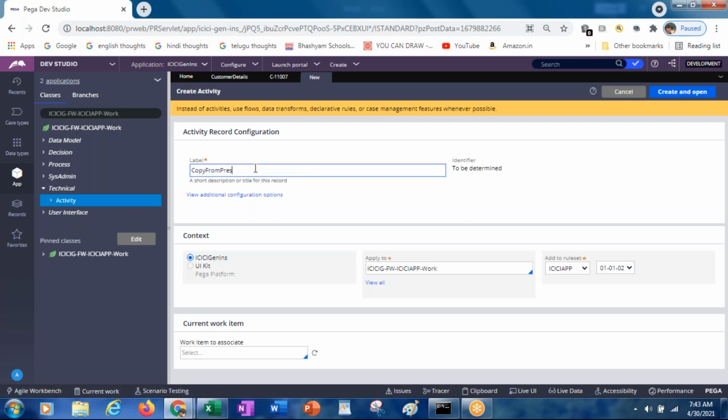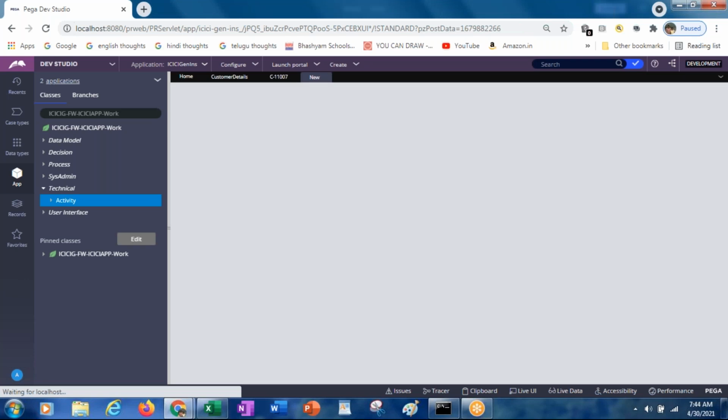Name it Copy from present to permanent address. Create and open.